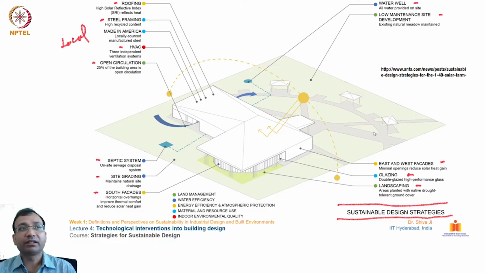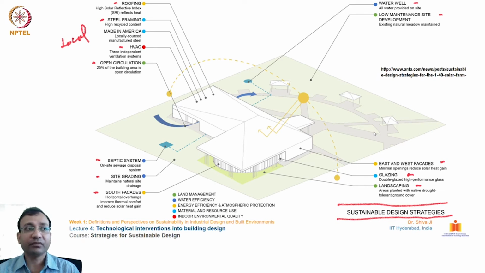Then there will be steel framing; steel is one of the highly recyclable materials, so this steel can be recycled after the life cycle of the material is over. And then locally sourced, locally manufactured materials can be utilized to improve on the indirect